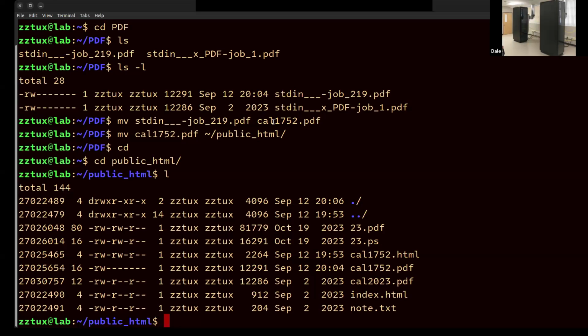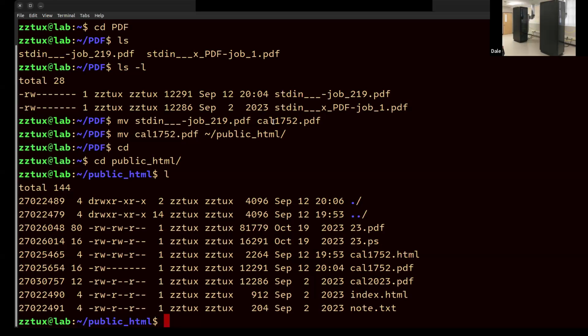It said only zztux can look at it. But when you put a file up onto the web in your public_html, it needs to say owner, group, and everybody else has to have read privileges